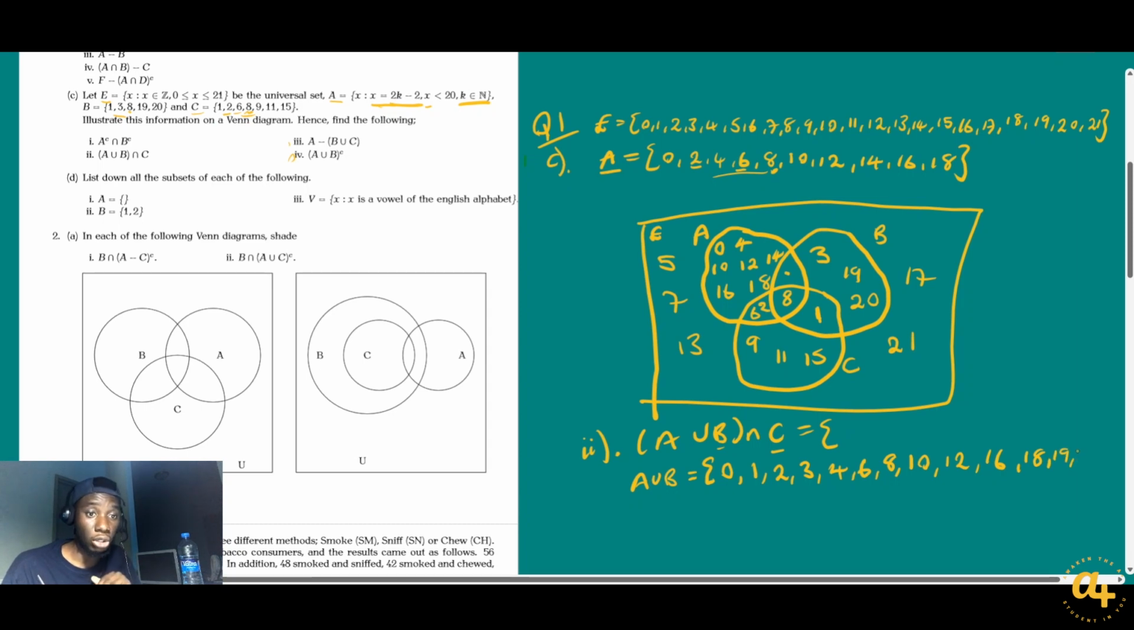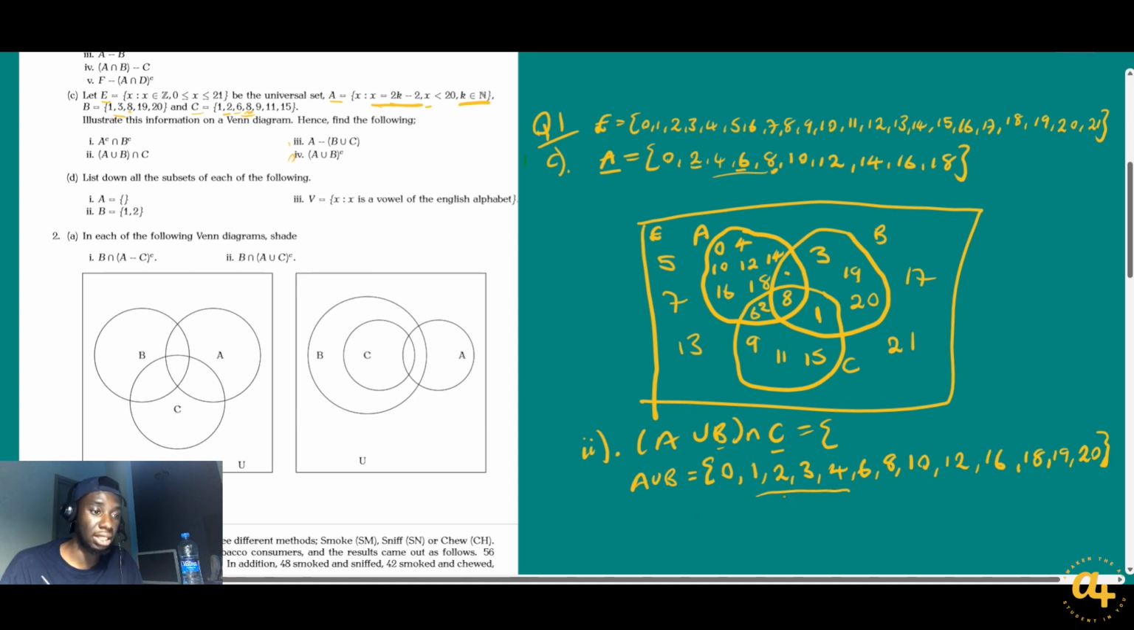And set B also has the element 20 there. Okay, is there any other element that we need to include there? No. So just like that, we've basically listed down the set A union B. Now that we have A union B listed down, it becomes very easy for us to see what's common